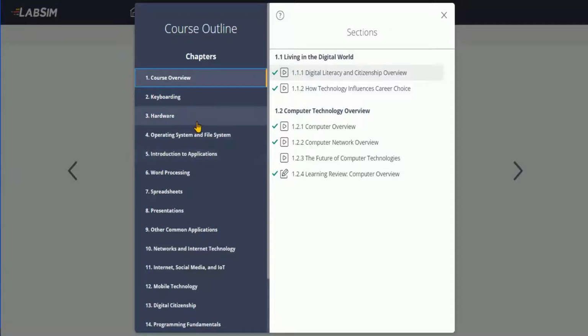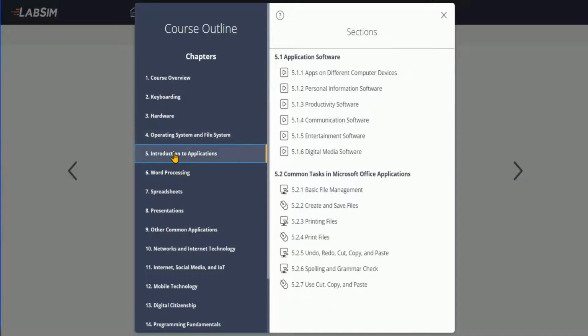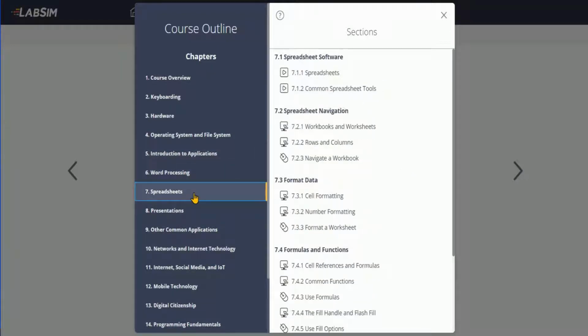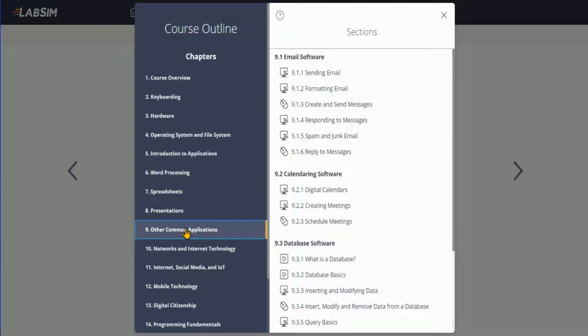So if you look at the chapters, we get 15 chapters. We have, of course, included keyboarding, which we think is a very important chapter. Being able to type in the IT field is something that's important. We cover computer hardware, operating systems. We introduce them to different applications. We talk about different Office tools like Microsoft Word, Microsoft spreadsheets, which is Excel, and PowerPoint presentations. Again, we're not covering anything specific because we do cover other systems other than just the Microsoft tools, but we do focus most of the labs on the Microsoft tools. Common applications like calendaring, email, other